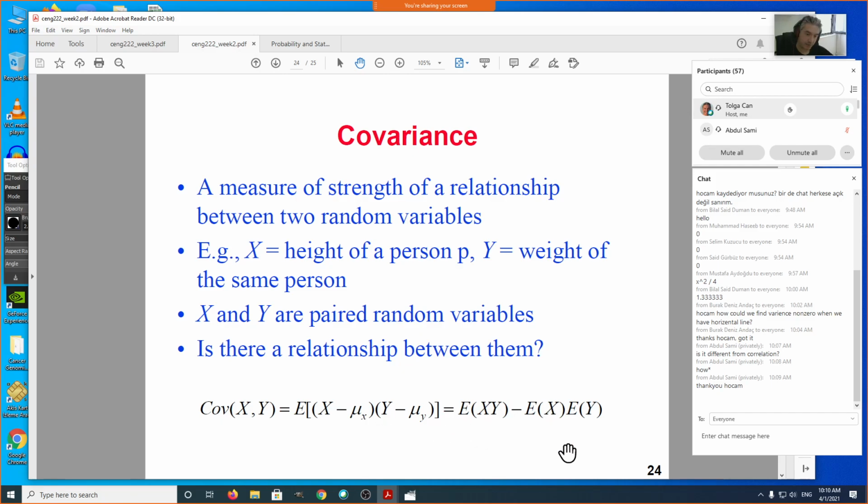In order to compute covariance, again, implicitly we need to find the individual expected values. So finding E[X] and E[Y] is always done, whether you're finding individual variances or covariance. You don't need to memorize these actually. It's very similar to what we had in the case of individual variance. It was the expected value of X squared minus mu_x times mu_x. So if you just want to make one of them mu_y, you're going to get the multiplication of their individual expected values, and the difference from that, from the expected value of their product, gives us